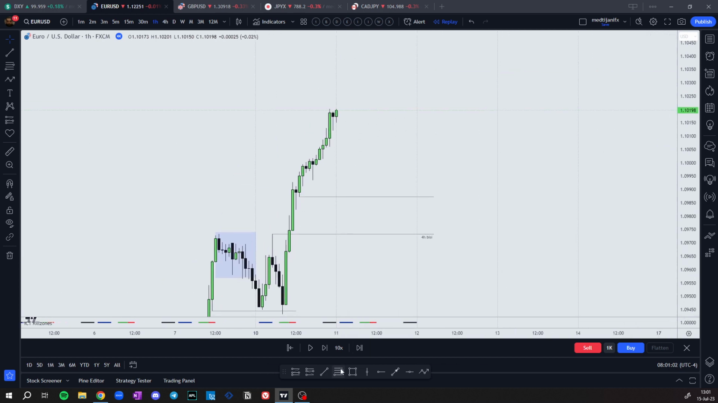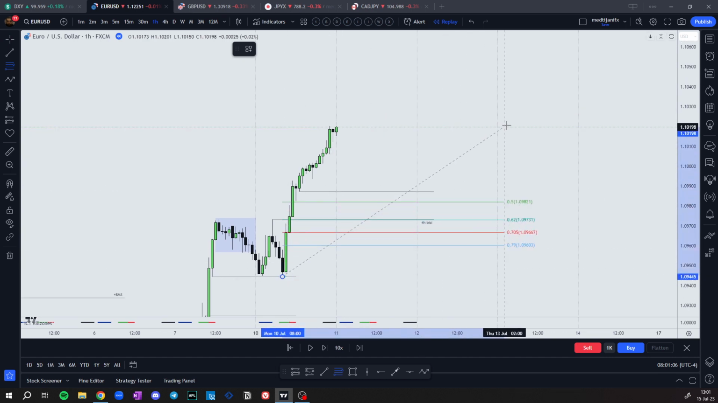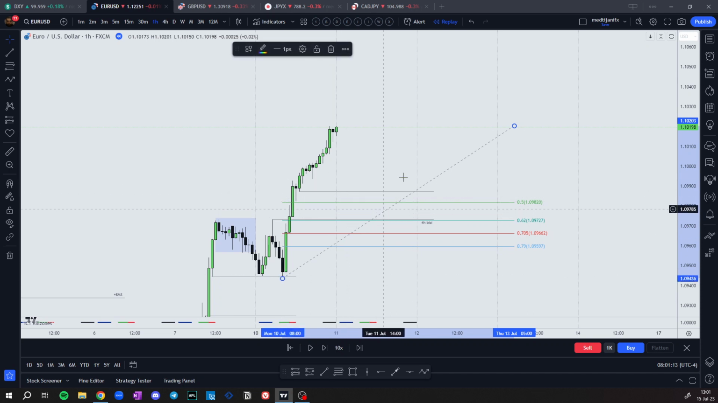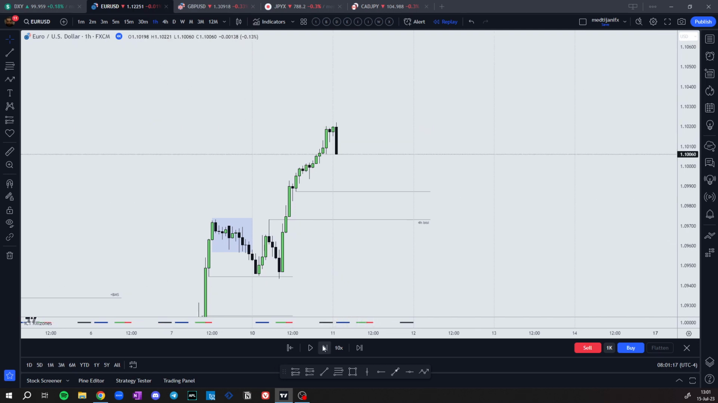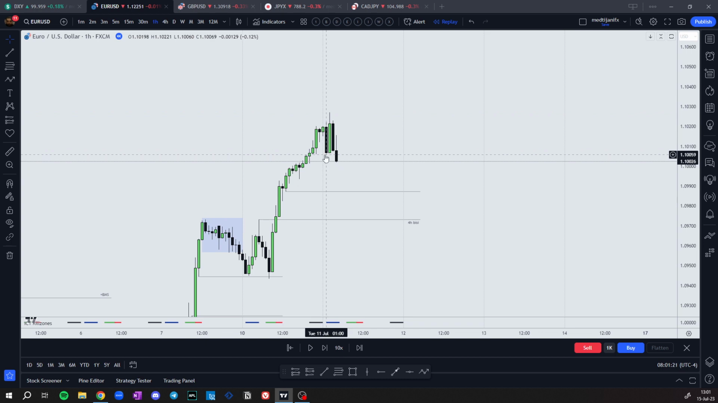So if price, I'm expecting, or I'm waiting, for price to have a retracement to discount, then look for buy entries. And this is what happened. Then price took this high, then it broke market structure below this low here. At 15 minutes